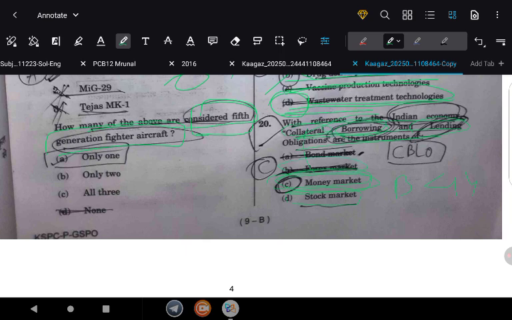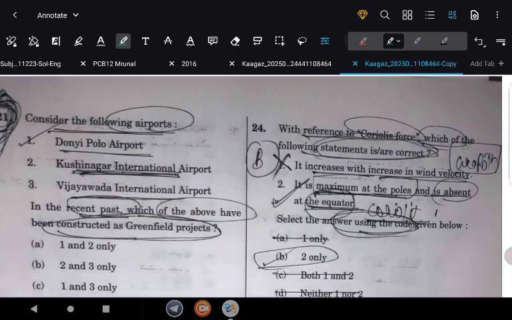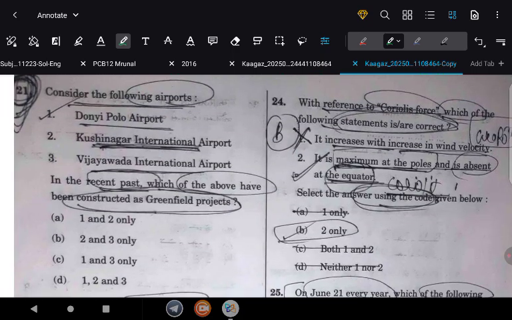And the bond market, again, it is debt and it is not related to collateral borrowing and lending. So if you know the banking operations are covered in the money market, you can deduce it from over here. The next question was from current affairs: which of the above projects have been constructed as greenfield airport,